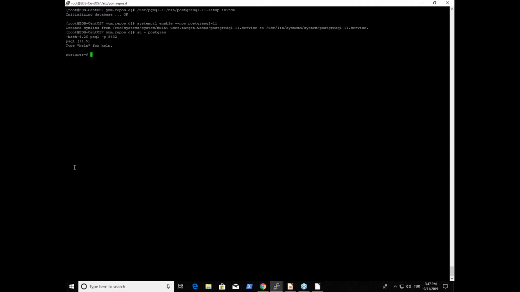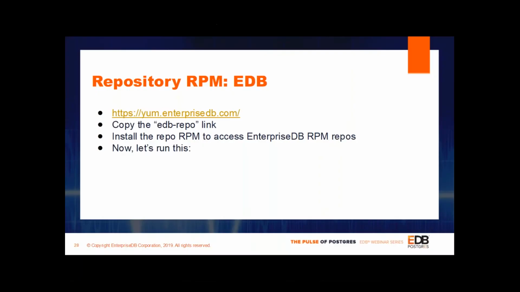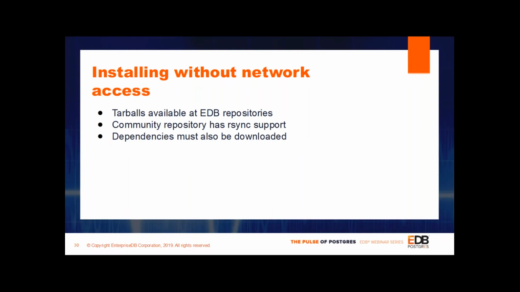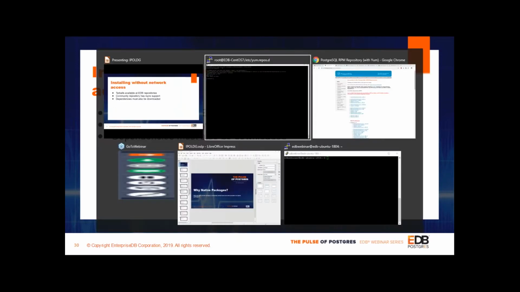So this is how we install Postgres on CentOS. One thing that I want to mention is the advanced server RPMs. As I told you, we also have a solution for the users who do not have network access on the database machine. So if you go to